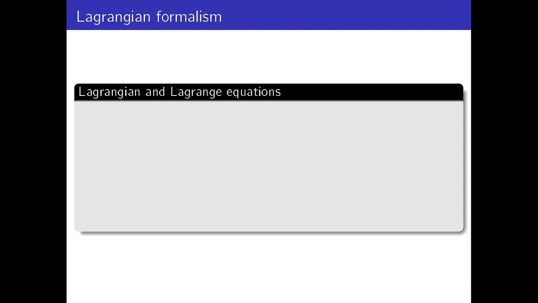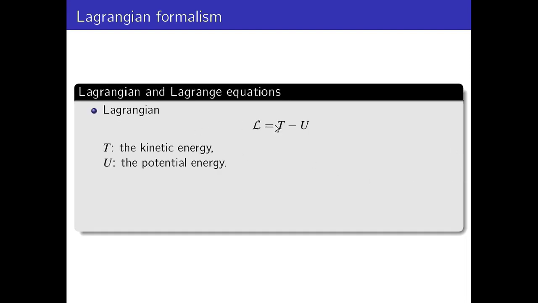It is possible to study the central force motion by using different methods. We will use Lagrangian formalism. Lagrangian is equal to T minus U, where T is the kinetic energy and U is the potential energy. And Lagrange equations are d over dt times del L over del Qi dot minus del L over del Qi is equal to 0, where Qi's are generalized coordinates and Qi dots are generalized velocities, and clearly this dot represents